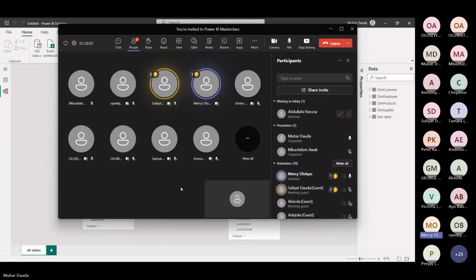I want to ask the question now. For this particular data modeling in Power BI, what was the use and the importance? I did not really get to understand. Did you just join the class? No, I've been in the class, but I don't really get the connections that you did from the Power BI